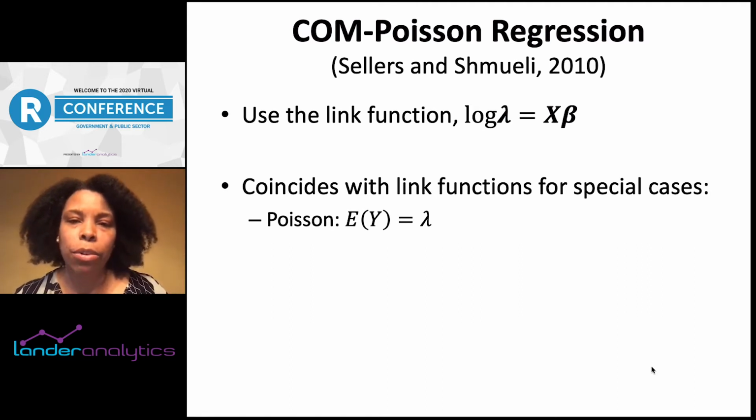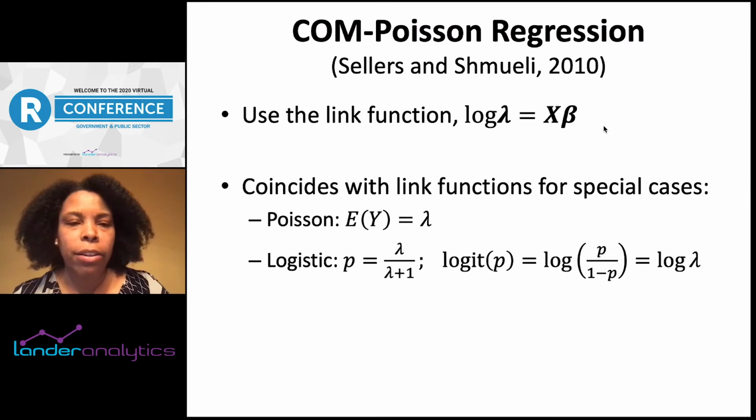Again, for the case where nu equals 1, we are considering the case of a Poisson model, in which case this log lambda relationship is precisely the usual or typical relationship that we consider for our rate parameter. As well, I remind you that another special case was the Bernoulli distribution when nu went to infinity. Here, the underlying logistic model then is likewise captured.